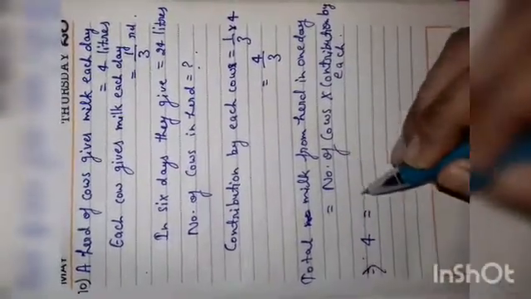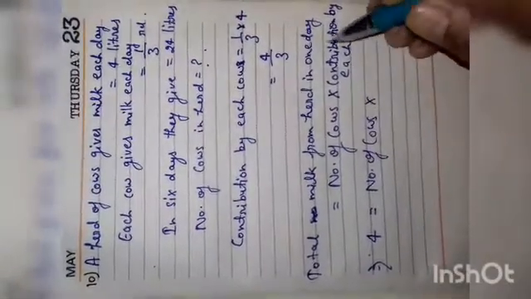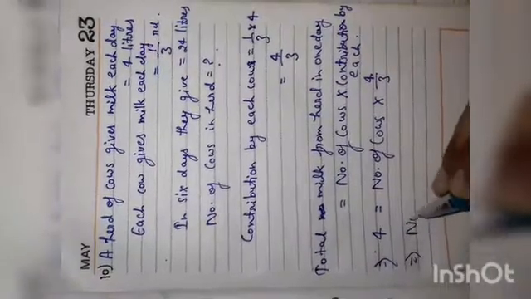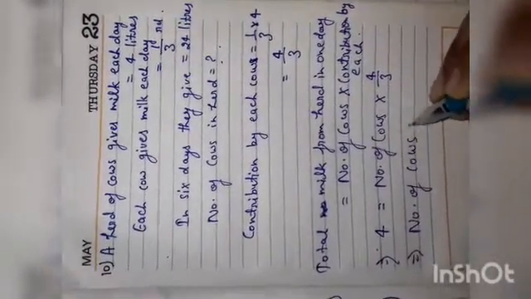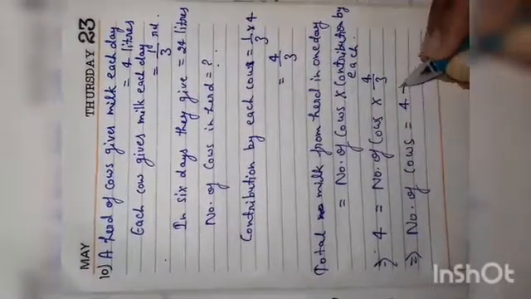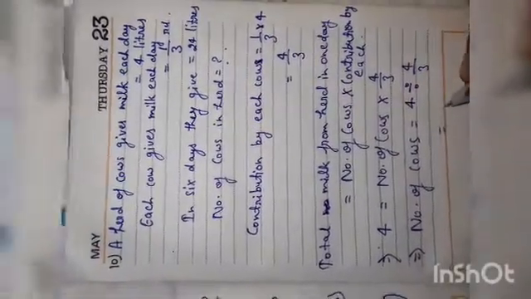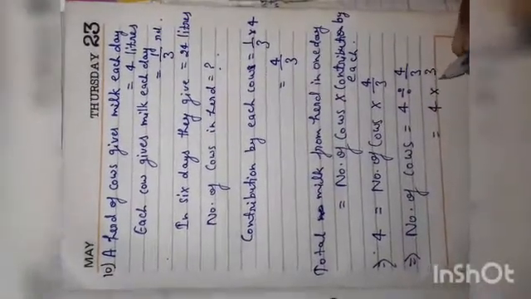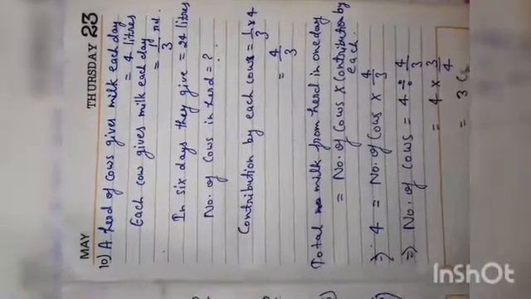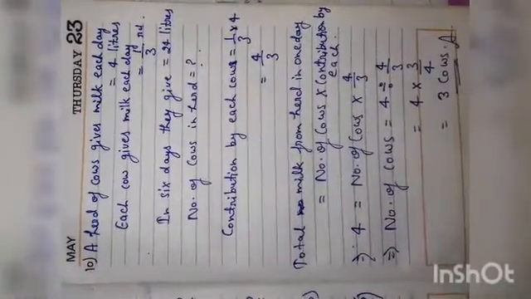Okay, then after number of cows we have to find out number of cows, so write it as. Then contribution we already found, 4/3, so number of cows is equal to 4 here given, and 4/3 if moved to this side then it converts into division as 4/3. So 4 into 3/4, that is now 3 cows. Number of cows are 3. Okay, worksheet solution I will send you as a PDF.